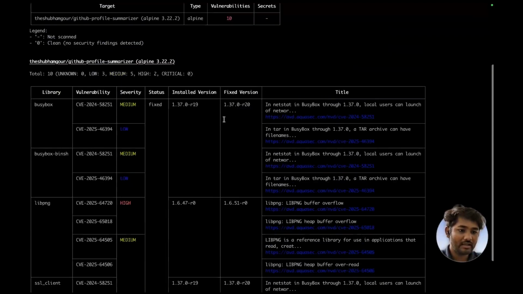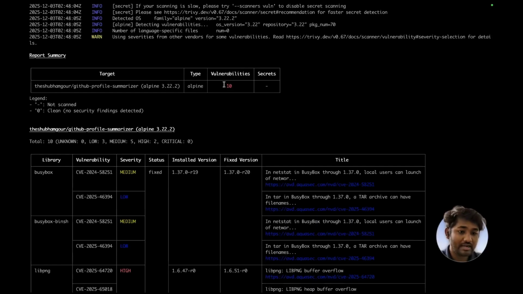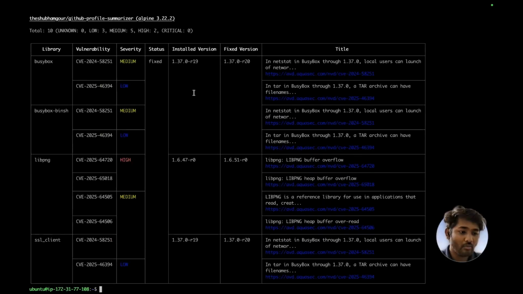Again, it actually showed me the issues. There are 10 vulnerabilities. See here, it is showing me the CVE value, the severity is medium, and it is saying that the issue is fixed and can be fixed. The installed version is 137.0R19 and it is fixed in 137.0R20. If I want to know more about that issue, I just click on this Aqua Security link and it will give me details